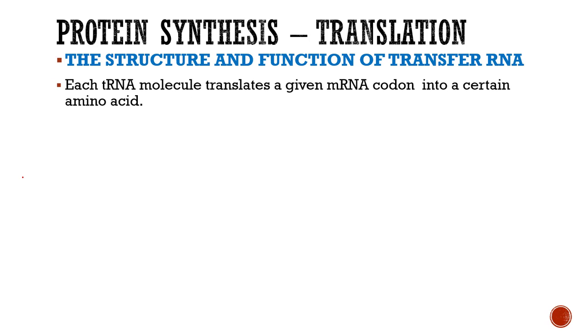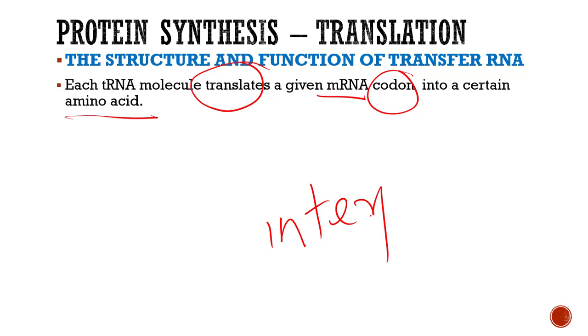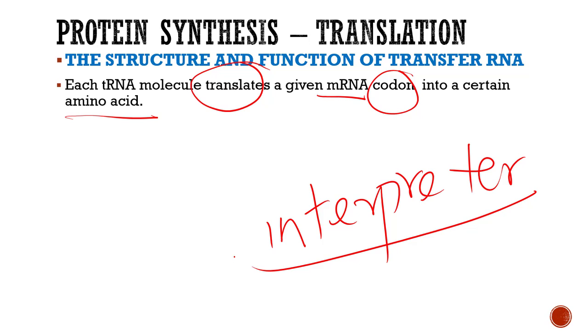So, the structure and function of transfer RNA. Each transfer RNA translates a given mRNA codon into a certain amino acid. As we shall see in the next slide, the tRNA is basically a translator, what they call an interpreter. An interpreter is a person who can translate one language into another. So this is what transfer RNA does,